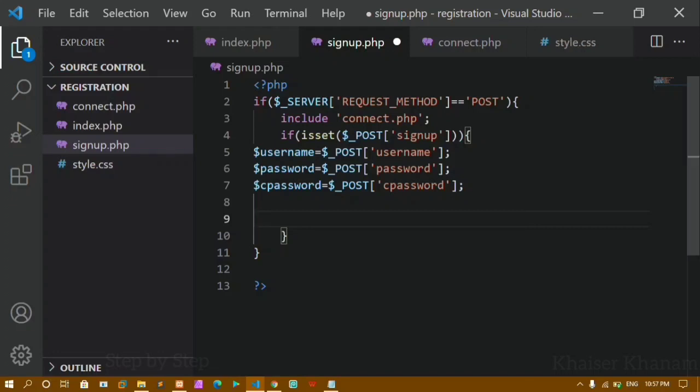Now first I'll be inserting data inside the database, and then I'll be telling you about the conditions, what data should be inserted and what data should not be inserted inside my database. Here I'll just create one variable SQL, and inside this first I'm going to write the insert query. Here I'll just write insert into